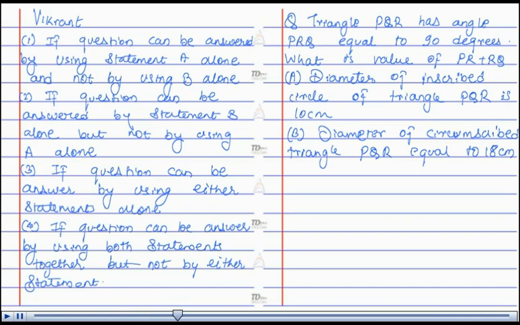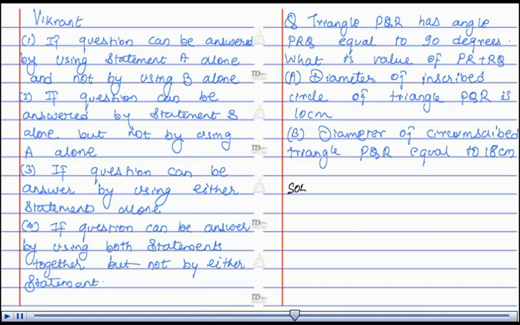Question is, in triangle PQR, angle PRQ is equal to 90 degrees. What is the value of PR plus RQ? A. Diameter of the inscribed circle of triangle PQR is 10 cm. B. Diameter of the circumscribed circle of triangle PQR is equal to 18 cm. The solution is